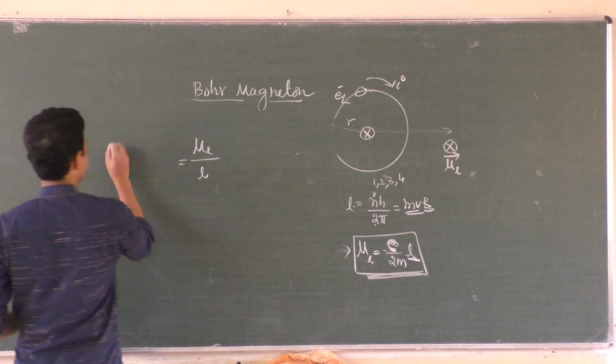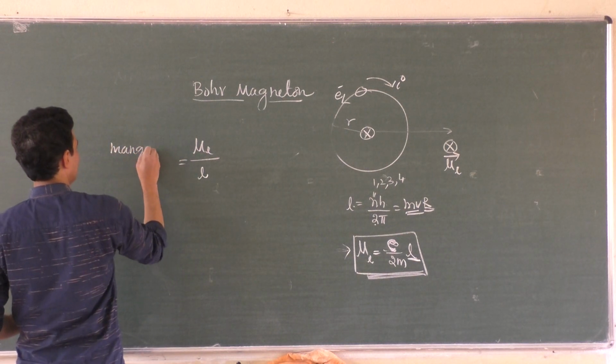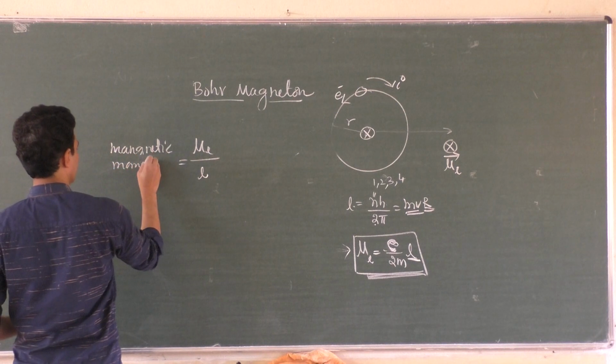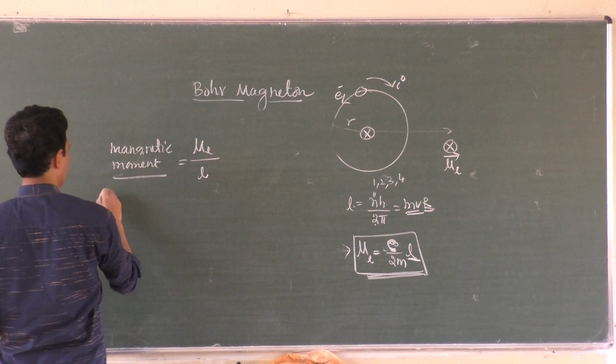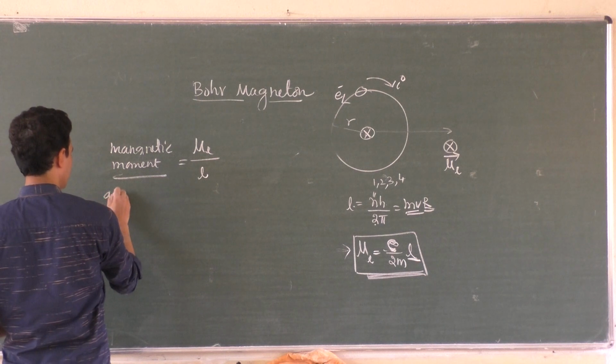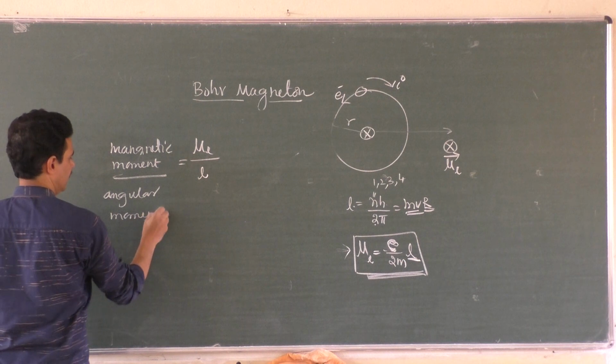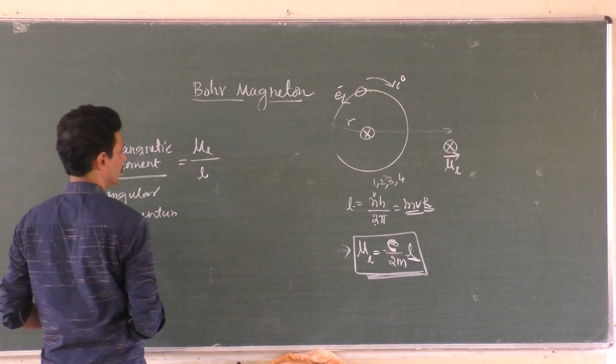Magnetic moment, I into A, divided by angular momentum. Angular momentum. This is called,